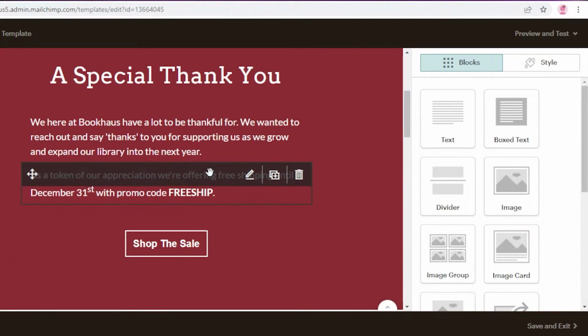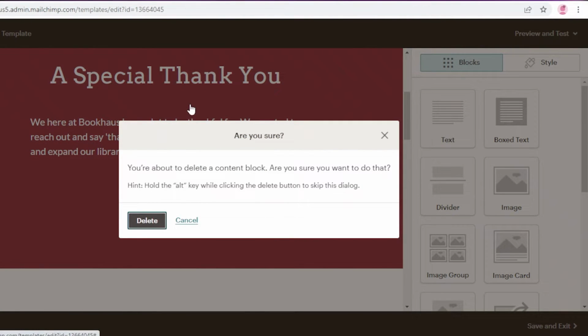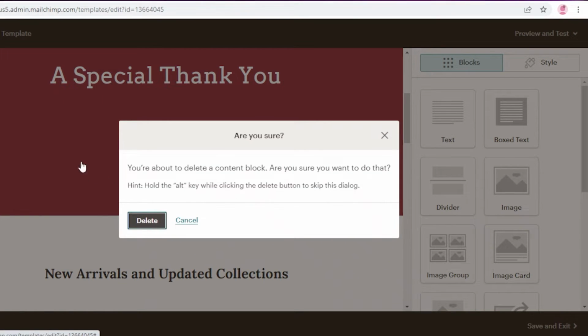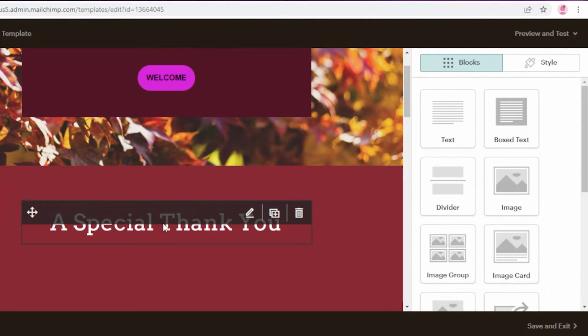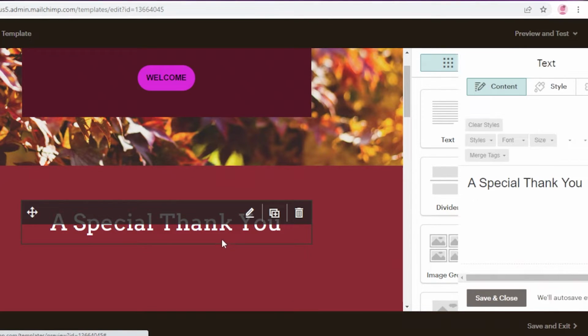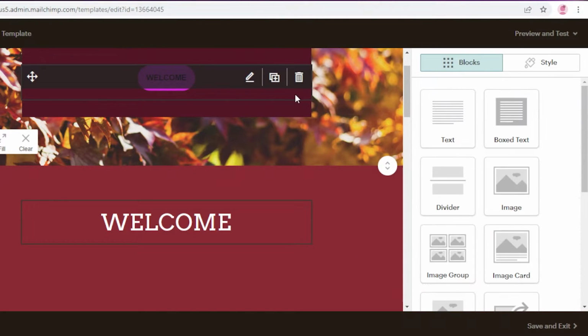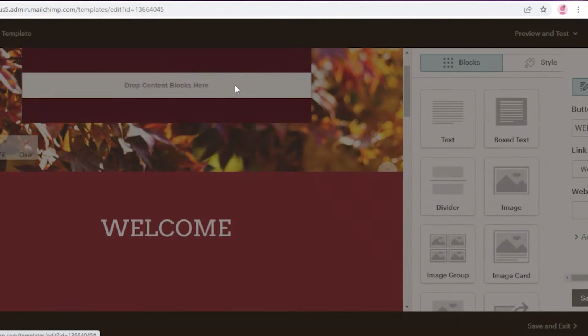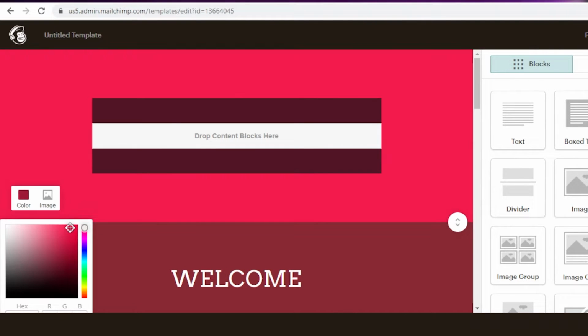And when you're customizing your email, so let's say I want to just create a welcome email, what I'm going to do is I'm just going to delete these sections first, because I don't need excess text sections, and I don't need these buttons as well. So I'm just going to delete all of that, and I'm going to keep the new arrivals and updates collection. And I'm just going to change this text over here. So I'm going to change this to say welcome. That's all I want. And I don't want the button actually, I just want to remove this as well. And I'm going to clear this out, and I'm just going to use a simple pink color as the initial